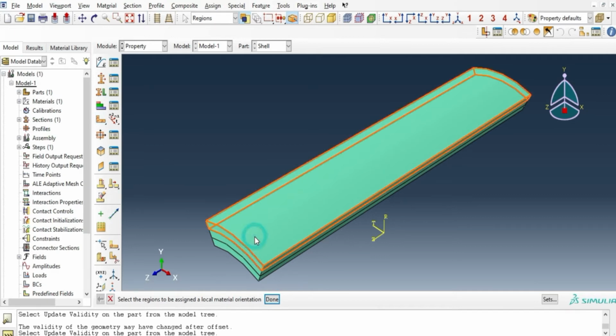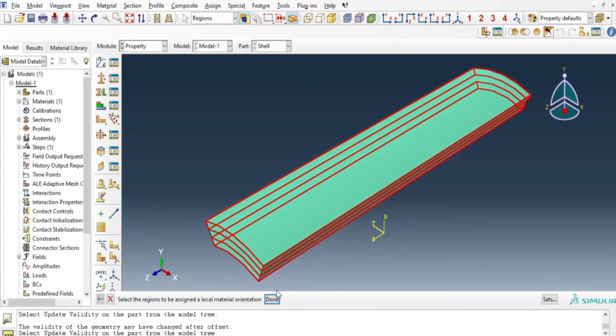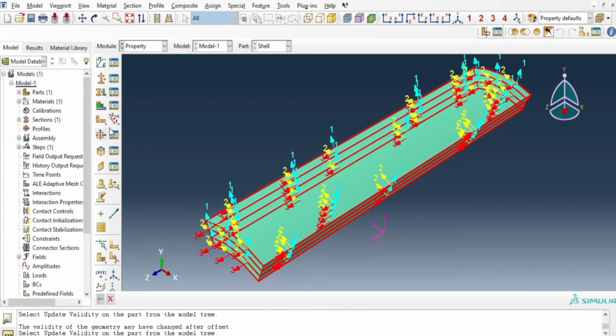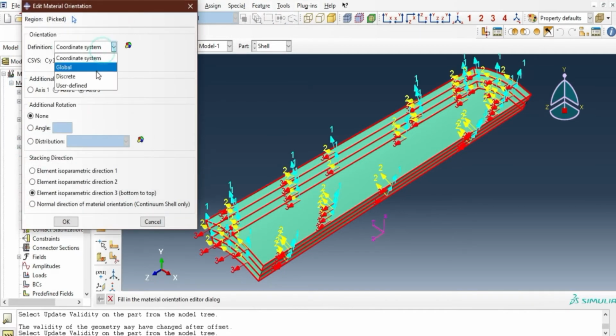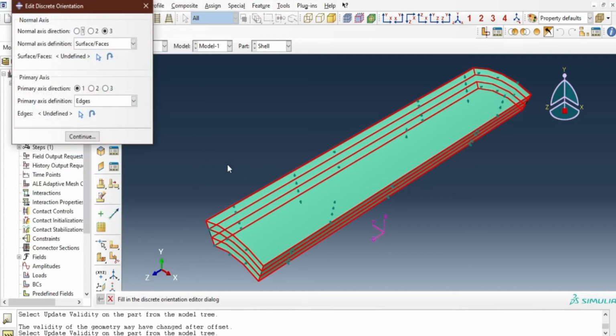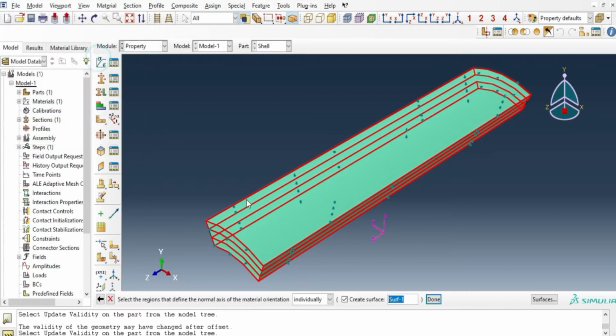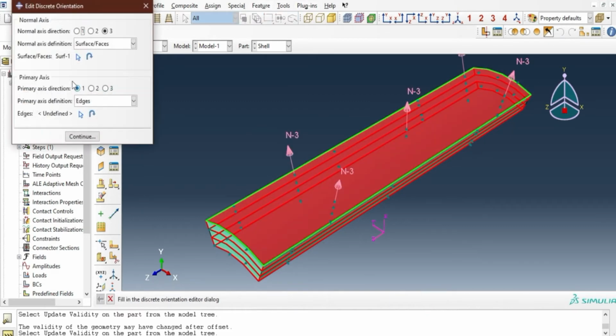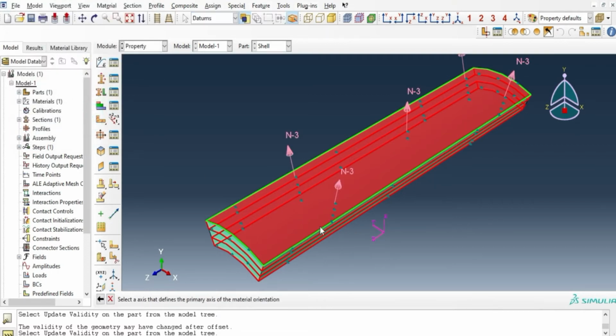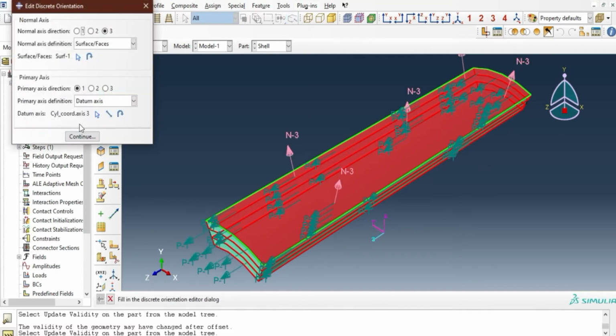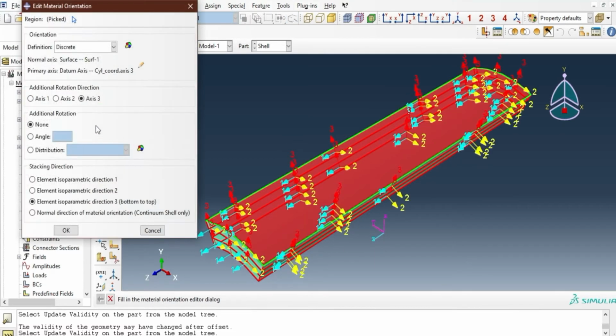and now the material orientation is set. Select the outer two plies as both are 90-degree. Go to discrete type and give the normal axis to the surface. Select the surface, and the primary axis of the material is taken as an axis of the datum, which we take as the z axis.